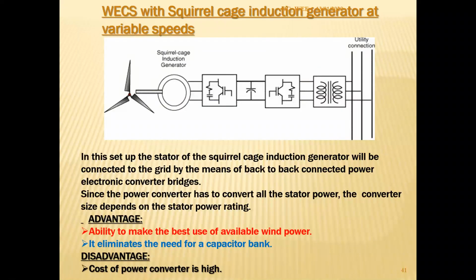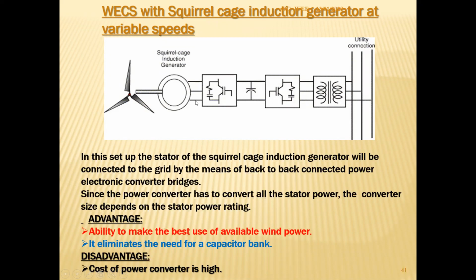Now, in order to make it variable speed, and even then the energy is usable by the consumers or can be transportable to the grid. So this is the scheme similar to the synchronous generator scheme we saw. Here this is the induction generator, squirrel cage type, coupled to the wind turbine. You can connect a capacitor here also in order to reduce the reactive power load demanded from this active front end converter, rather the generator side converter. Here the capacitor is not shown, it is just a schematic diagram.